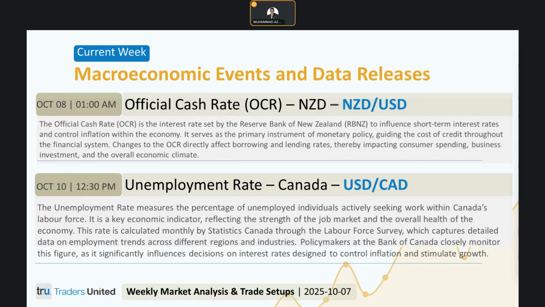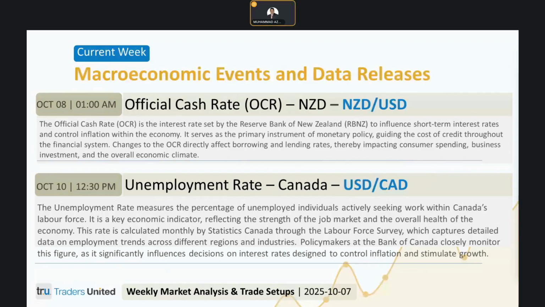So, forex traders must scrutinize two key elements. The number one is the official cash rate, the OCR track, the projected path of future interest rates in the Reserve Bank of New Zealand's primary forward guidance tool. A downward revision to the track would be a strong dovish signal. The second one is the inflation and growth forecast. Any significant downgrades to the economic outlook would reinforce the case for a prolonged easing cycle, putting further pressure on the New Zealand dollar.